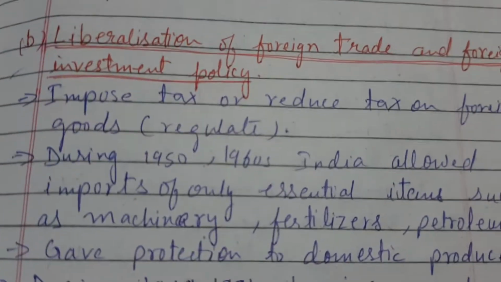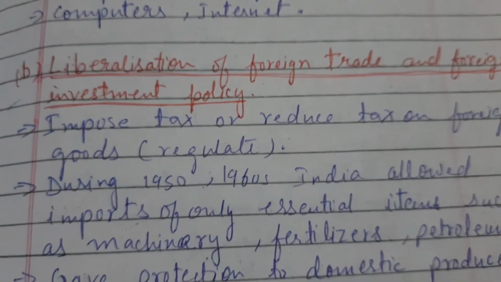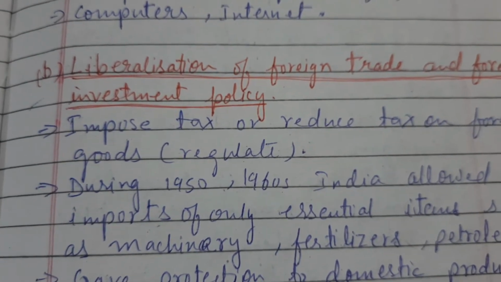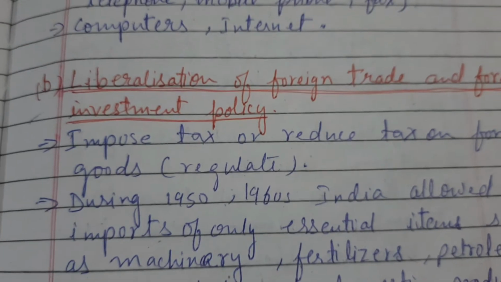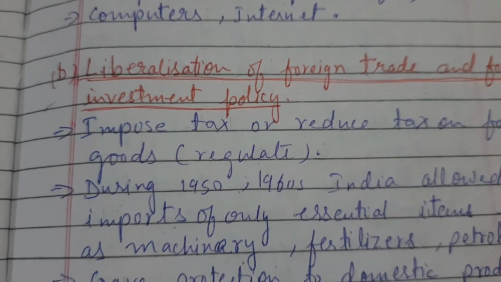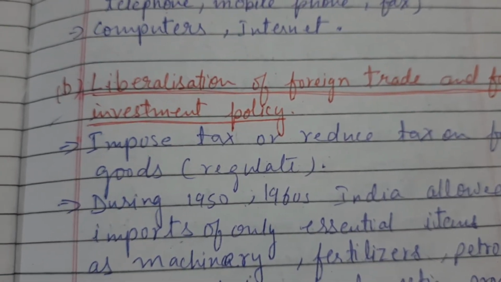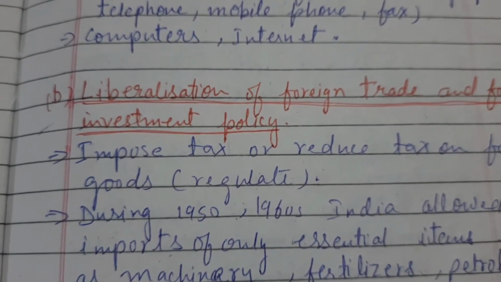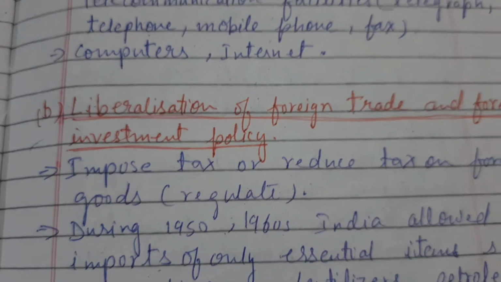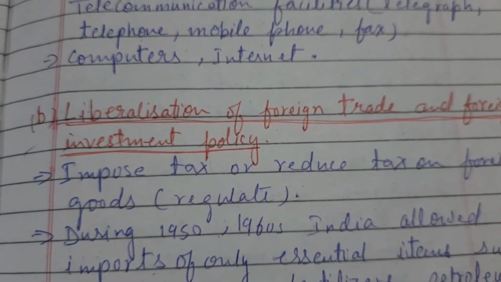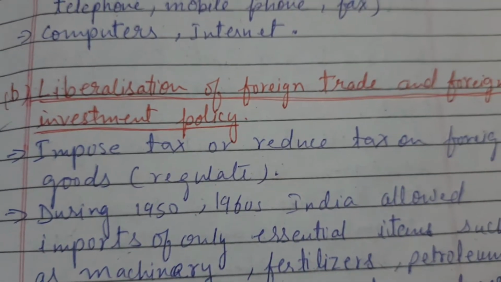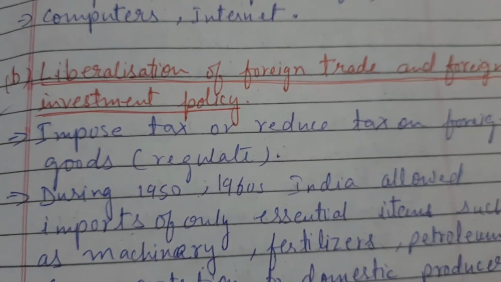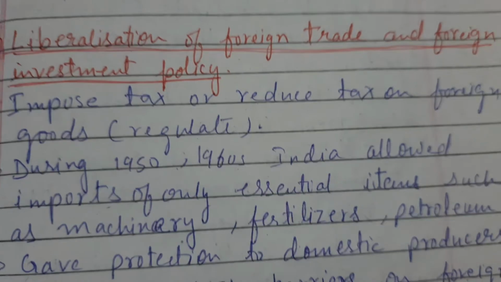Now let us take the example of Chinese toys in India. Suppose the Indian government puts a tax on import of toys, and because of the tax, buyers will have to pay a higher price on imported goods. The Chinese toys will no longer be cheap in the Indian market and imports from China will automatically reduce. So this is one way to regulate foreign trade in a country, so that the indigenous market should develop and prosper.